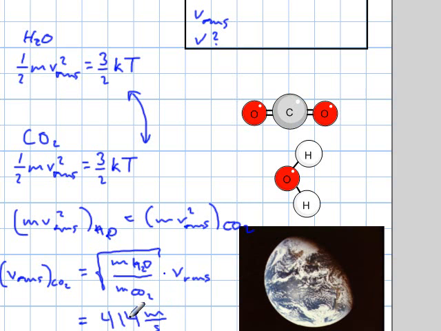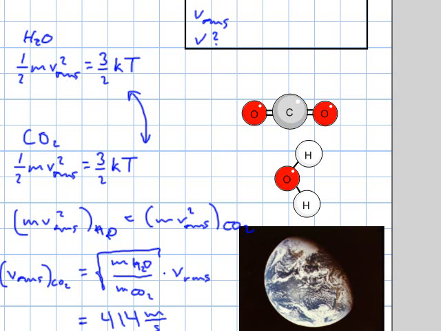Now look at this result here, 414 meters per second for CO2 and 648 meters per second for the H2O, and we can see that's quite a bit smaller than the escape velocity, and so we're able to retain CO2 and H2O. Of course, that's a root mean square velocity, which is kind of an average velocity, but there are some molecules that are much faster than that, and that goes with the curve that you find in the Maxwell distribution. So some of them, but very few, may leave Earth's atmosphere.